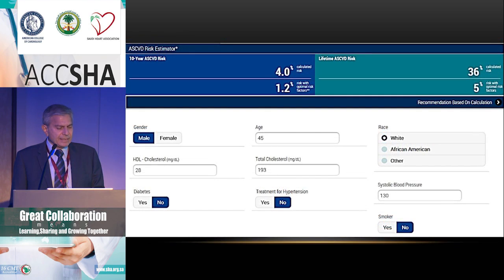Now, let's take that same patient and let's think of him if he was not a smoker. So now, instead of this box down there ticked as yes, if he was a no, then with the same parameters, his risk drops to 4%. Then he does not need to be treated. That same patient now,